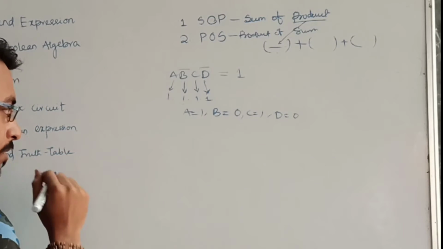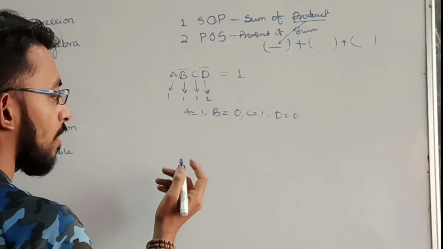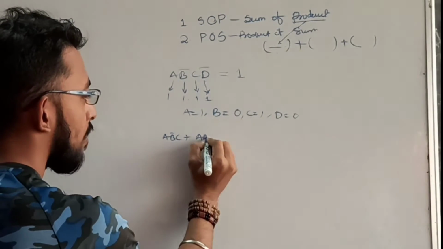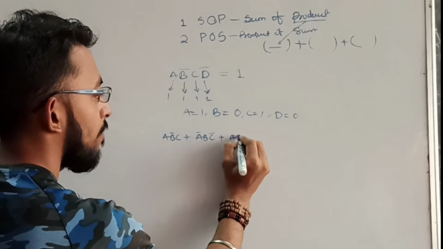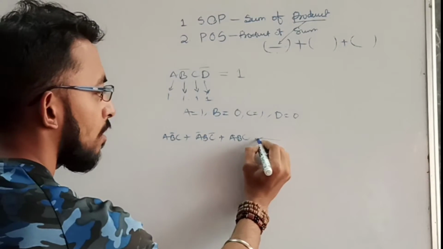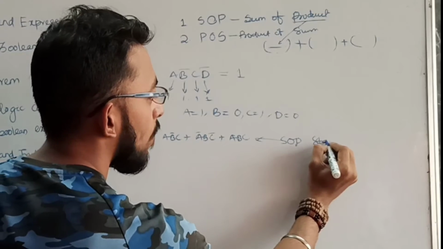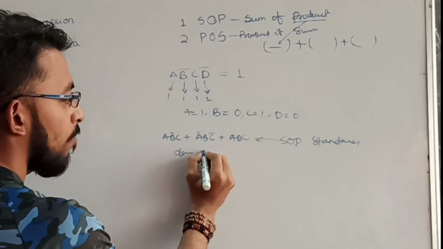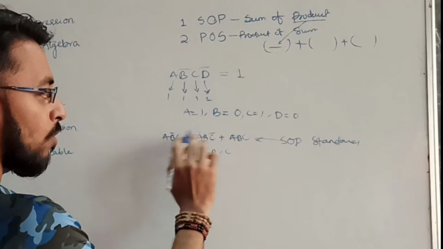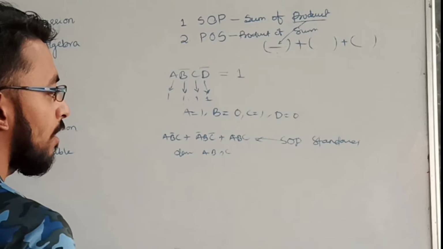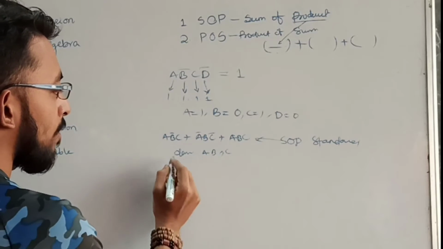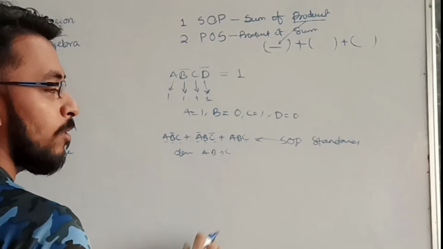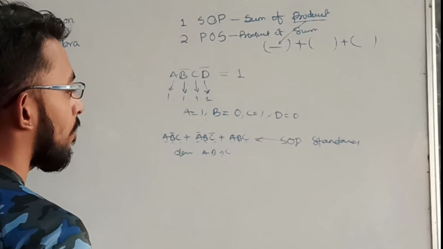Okay. So let's take a 3 input sum of product expression. This is the term A B bar C plus A bar B C bar plus ABC. Suppose this is a SOP or not? SOP, it is also a standard form. Why? What is the domain? Domains are nothing but A, B, C. There is no D term, meaning only 3 domains are there. 3 domains means in each term there are 3 domains present. So it is a standard form. When all domains are present, it is a standard form.